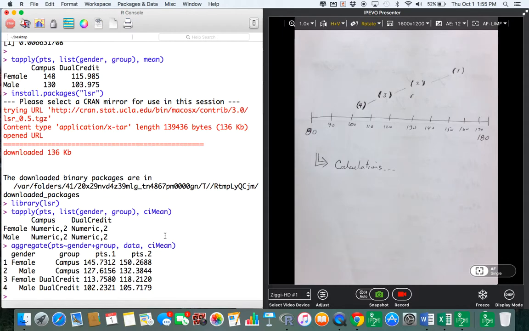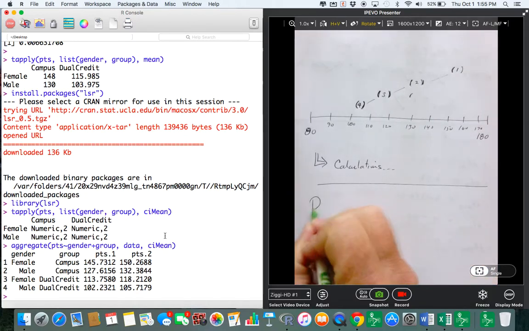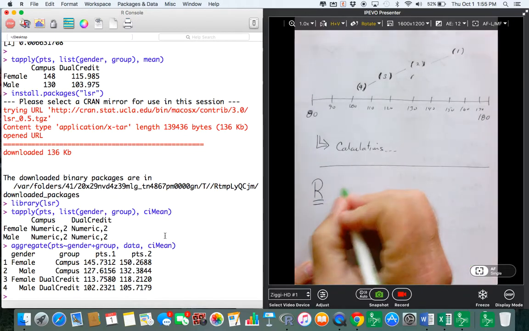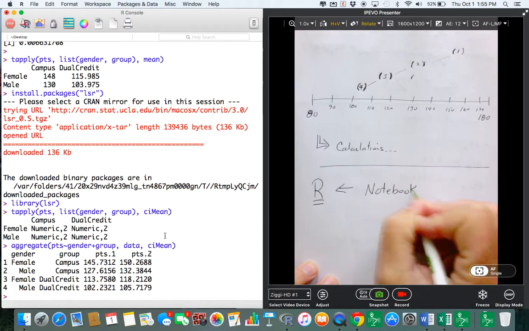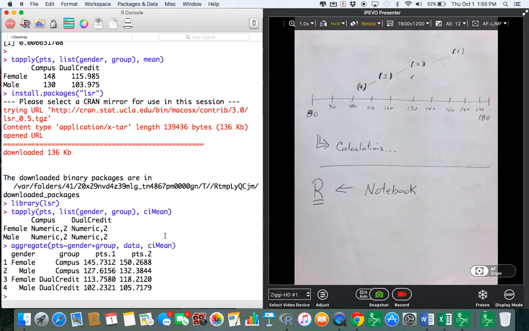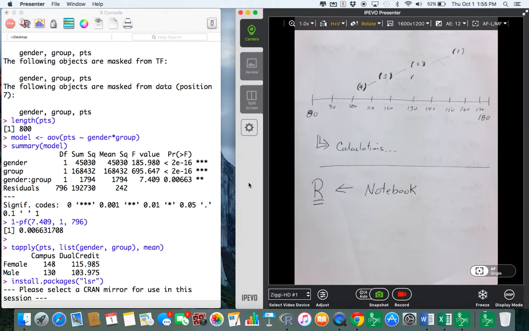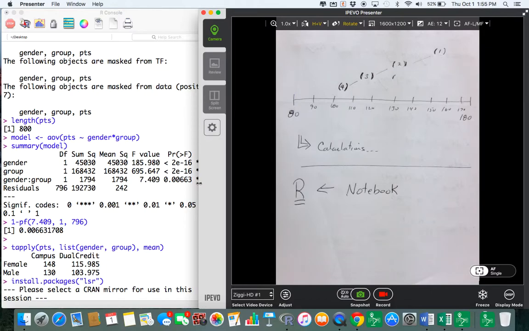Now, I want to tell you one more thing before I leave, or I finish. I'm not leaving. How do you handle R? I don't know if you guys are doing this yet, but gang, I tell you what, you need to start an R notebook. I mean, get interactive in these videos. If you're watching these videos and you've got on Grey's Anatomy or Survivor or whatever, Fresh Off the Boat, Blackish, whatever you may be watching these days,